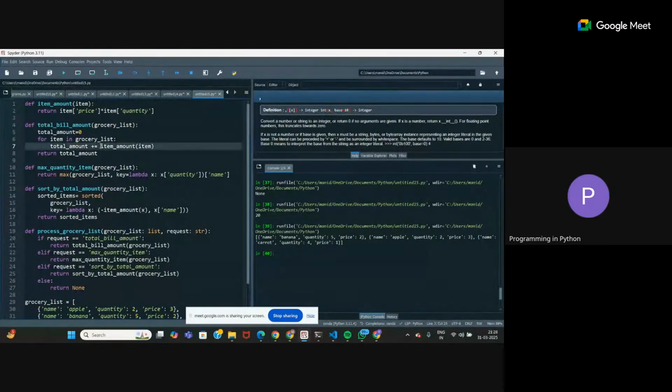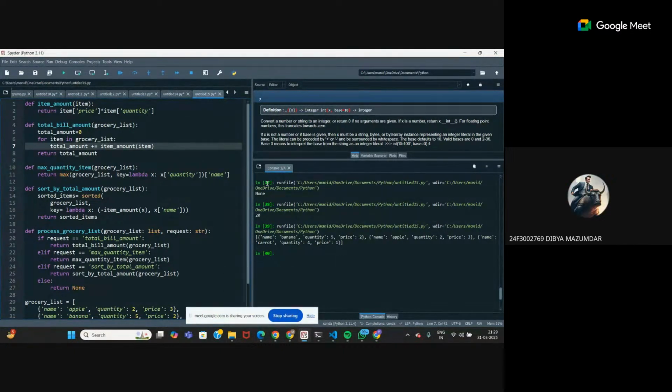But see, what I am calling is this item amount, this earlier function that I had defined. You can write it here also if you don't want to write a different function for this. I have written a different function. This item amount is just for every dictionary, calculating the price into quantity. That is the total money spent on that item. So for every item, that value is generated by item amount, and you just come back to the calling function and add those values. Okay, that's your total amount. Just return that. Yes, ma'am. Understood. Okay.